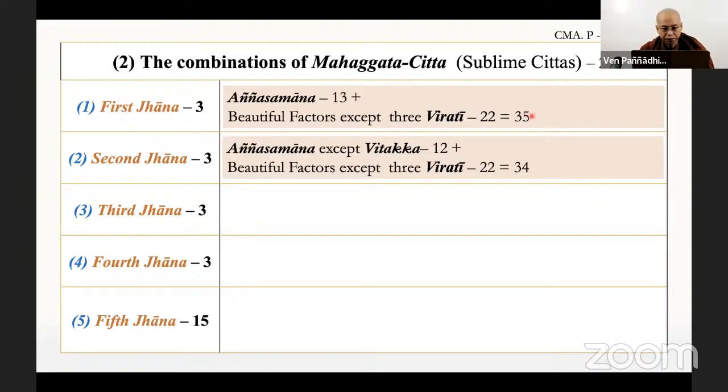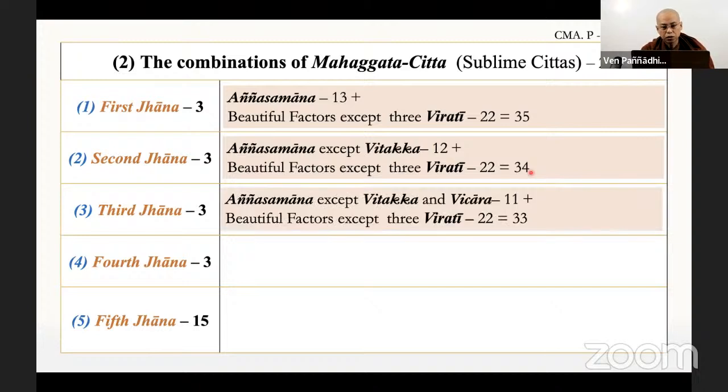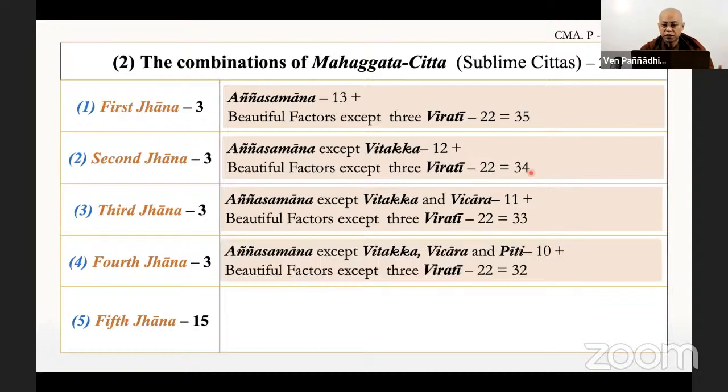Then the same method applies to the sublime consciousness. Continuing and making exceptions: 2nd jhana, without vitakka, 34; 3rd jhana, without vitakka and vicara, 33; 4th jhana, without vitakka, vicara and piti, 32. Then the 5th jhana,